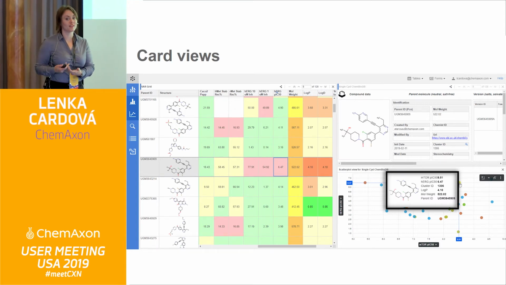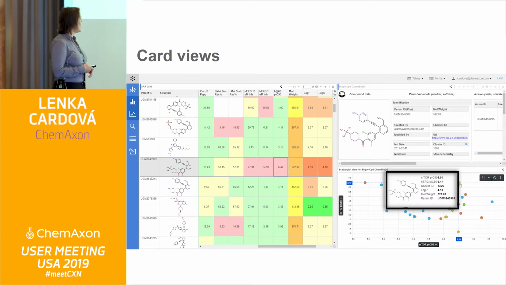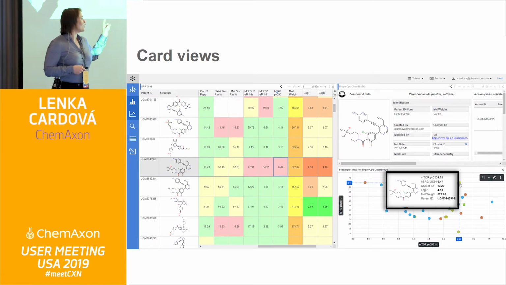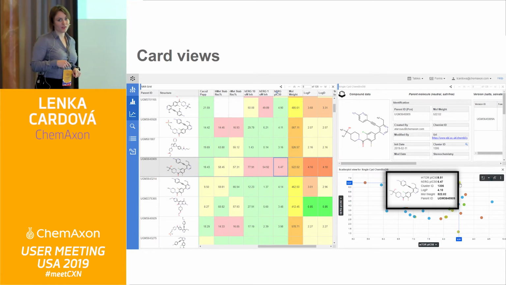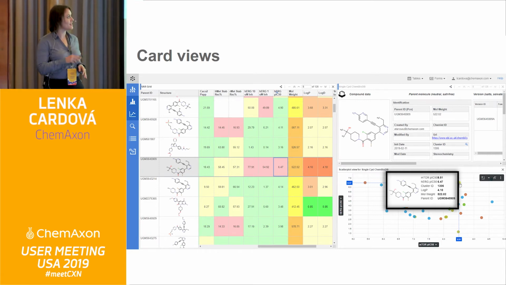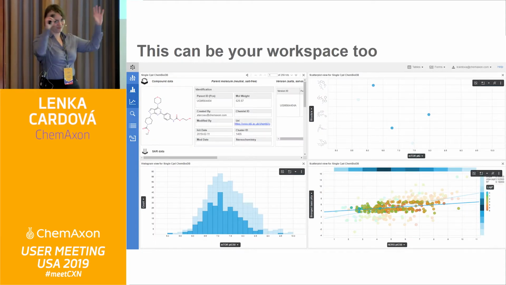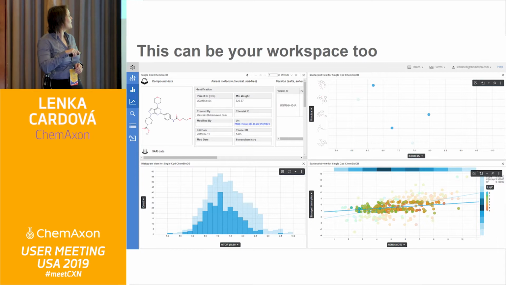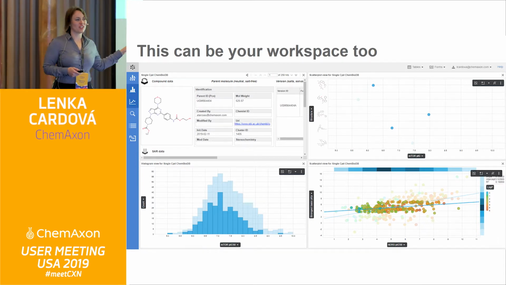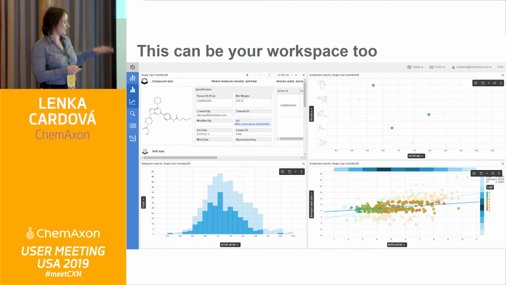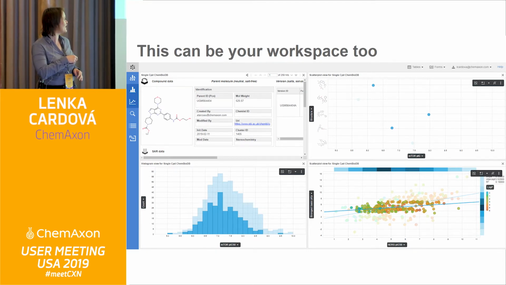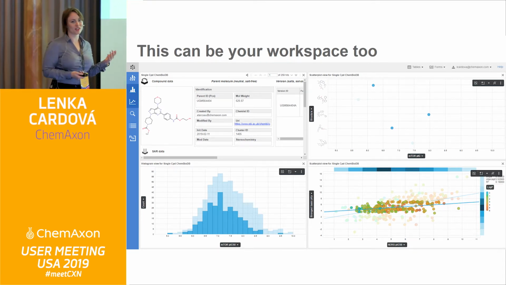Or if you want to see it at all, you can also just turn off the option. With this one, I actually get to the point of the charting capabilities. So I will switch the print screen of the workspace, and this can be your workspace too. I switched this because we have currently three charting components here, and I want to introduce some of the features